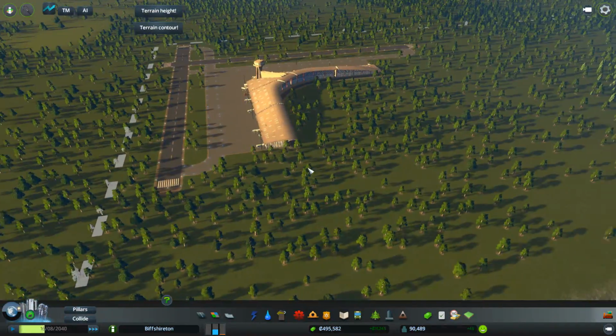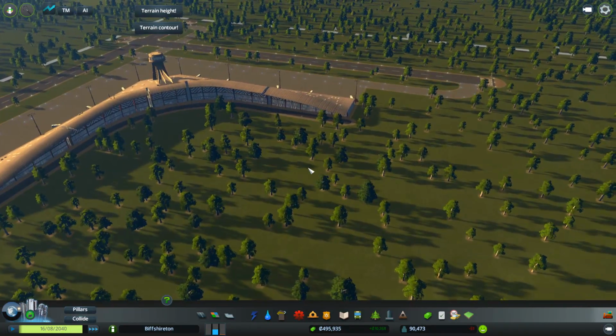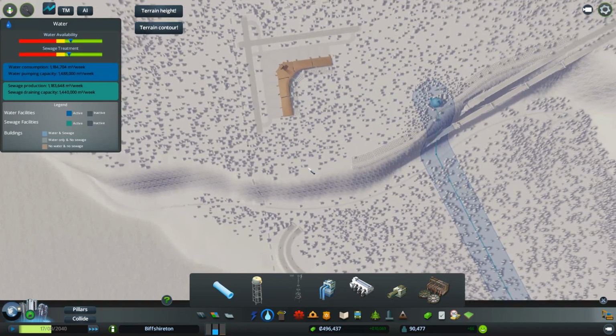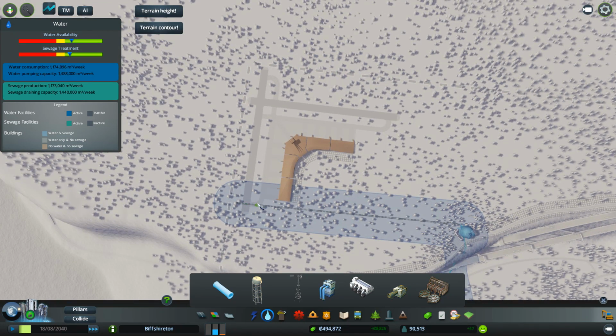Very nice, very nice. So, how do we connect this road? I mean, it's not asking for a road connection, is it? Which is strange. Multiple problems. Water, electricity. Okay, well, let's do the water and electricity and see how it goes. We have water up here already. So let's just fill this in. I'm not sure whether I need to...